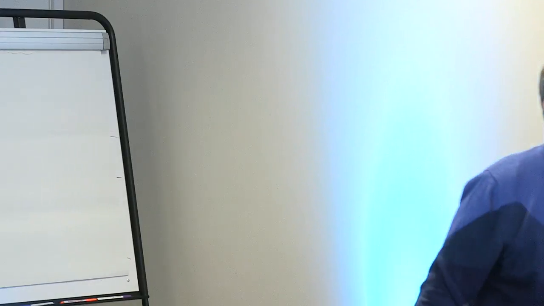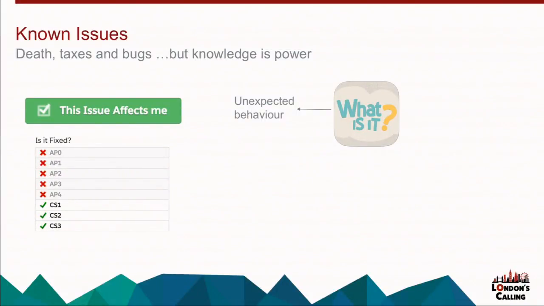All right, so the fourth area we've got is around known issues. This is an area that I think is underused on Success, and I think it's one of the least exploited areas. What is it? Well, in simple terms, it shows you any unexpected behavior that's currently happening at the application level. That is different from Trust, which tells you any unexpected behavior at the platform level. So what is going wrong from an application, from a software perspective, if you like, is all listed on known issues. And these will be issues that affect some or all customers.